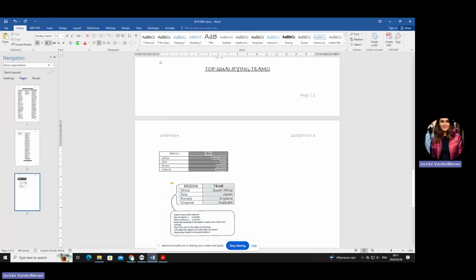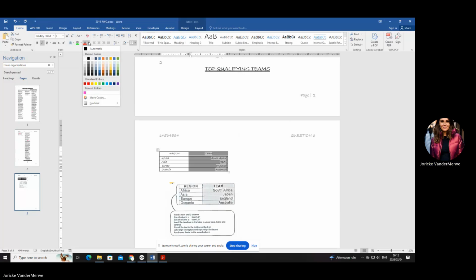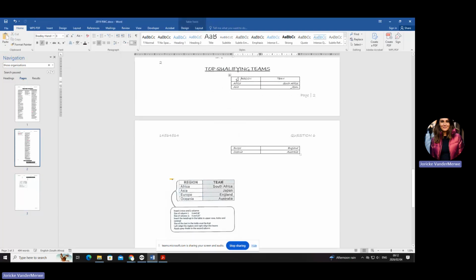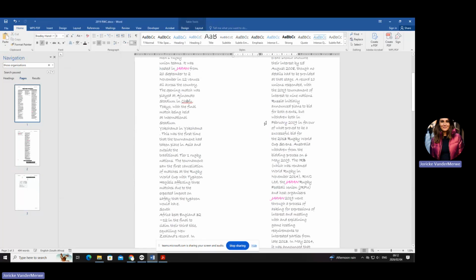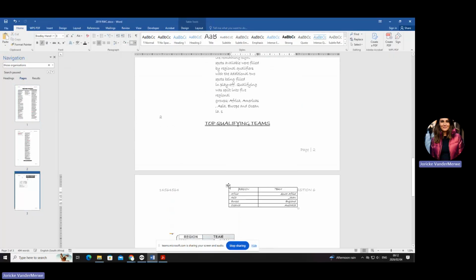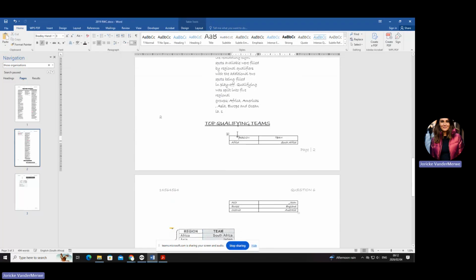I just want to see, there's something wrong with my... it shouldn't make that. I think I've maybe highlighted it. Why is that highlighting? I think I highlighted it by mistake. It shouldn't do this. Let me just quickly take it off. I think somewhere along the line I've put in the wrong one. Then I must move it back here. It doesn't quite fit in. I think there was something wrong with the actual question paper. So yours will probably look like this. We'll move it down. Okay, it's fine.